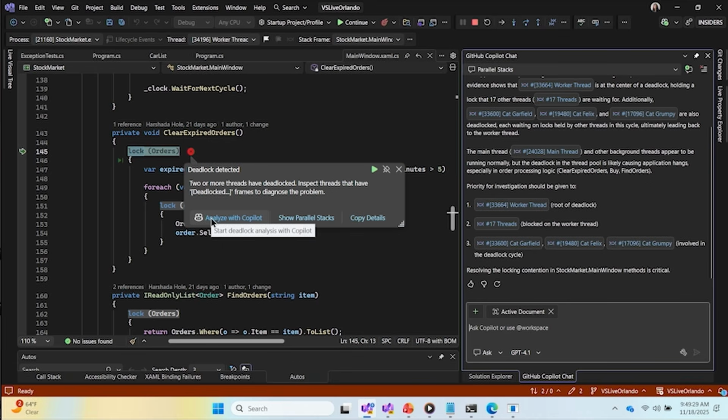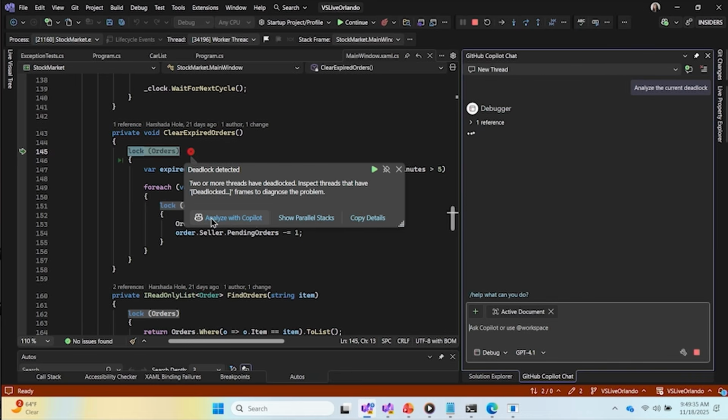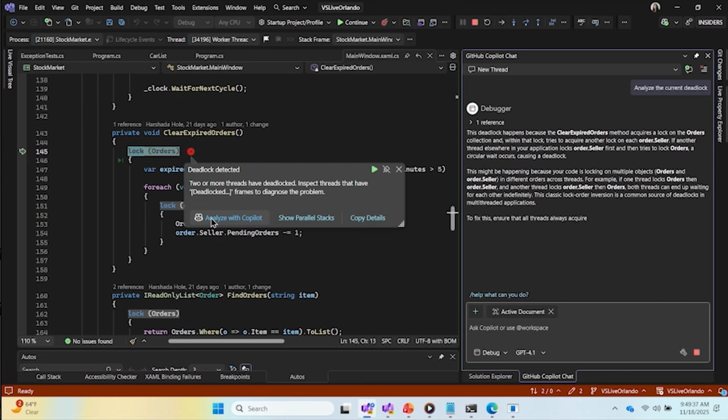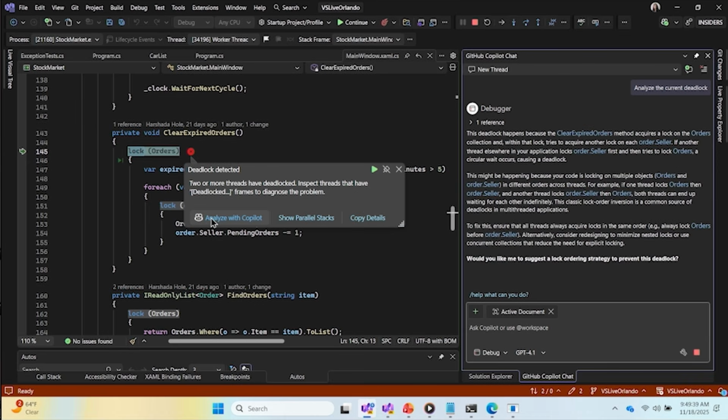So again, it is a very easy way to understand this diagram if you're not very familiar with it, to see what is going on particularly in that diagram. Now I'm going to close this and go back to this deadlock detected here. Similar to our previous example, we also have this Analyze with Copilot option here. Once I click it, Copilot has all the context of this hang situation, or the deadlock situation, and then it